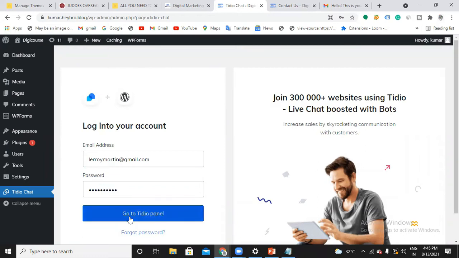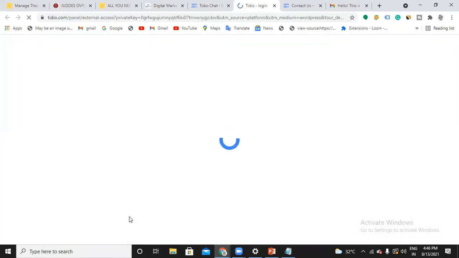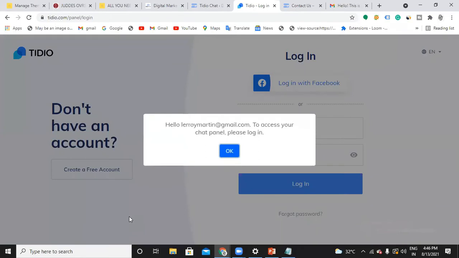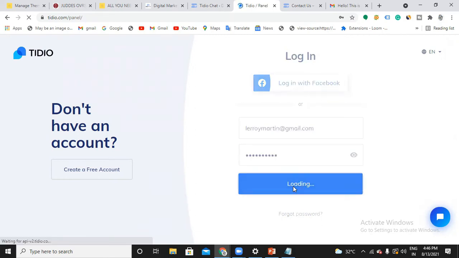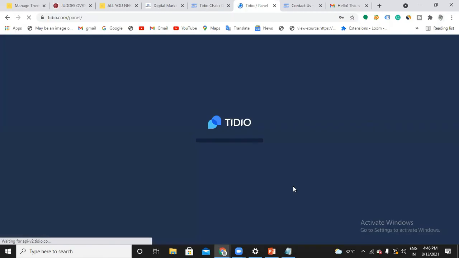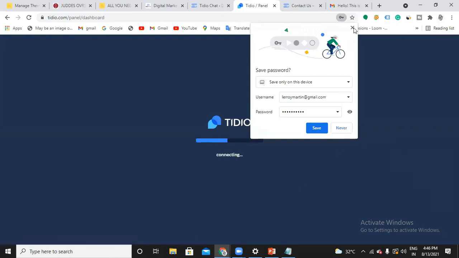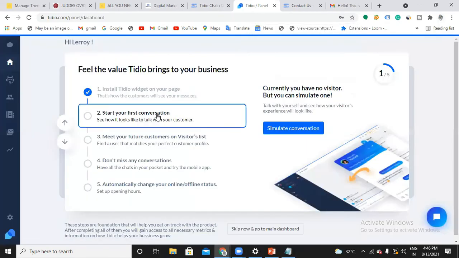Go to TDO pack. So now it will take us to a dashboard.